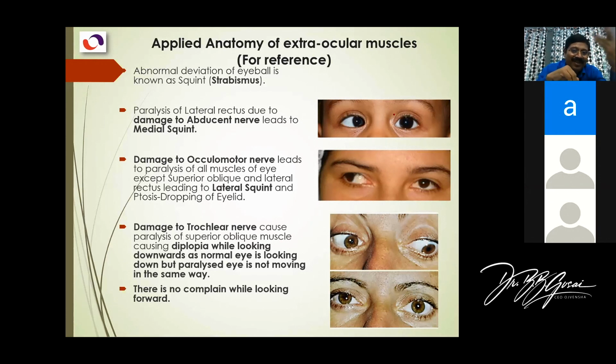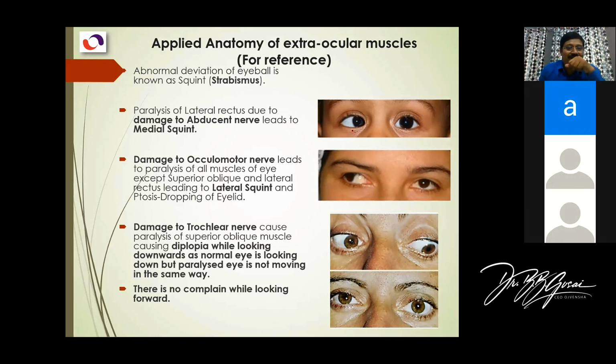Okay. So same is for, let's understand, the oculomotor nerve palsy. Because of the medial rectus, we want to keep a pure movement so that the squint is pure. I don't want you to confuse with other parts and slight angulation of the eyeball, because it will confuse your mind still further. I just want you to understand pure disease. So suppose the oculomotor nerve is damaged. So the medial rectus is paralyzed and the lateral rectus is unbalanced. Lateral rectus is normal because its nerve supply is different. So the eyeball will move laterally and it causes lateral squint.